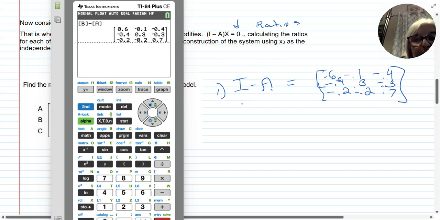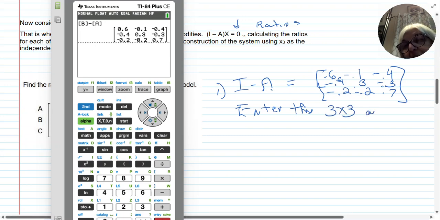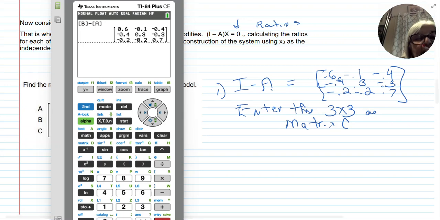We're going to enter this 3 by 3 as C. And I'm going to make sure. 0.6, negative 0.1, negative 0.4, 0.3, negative 0.3, negative 0.2, negative 0.2, and 0.7. Good. Okay, I'm going to clear that, and I'm going to go second